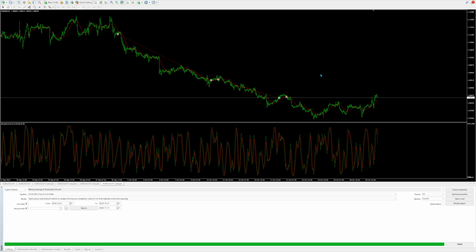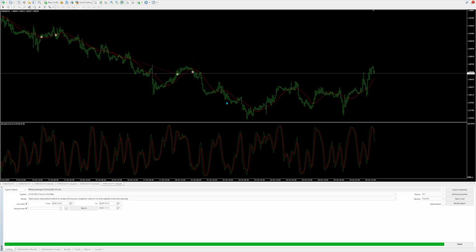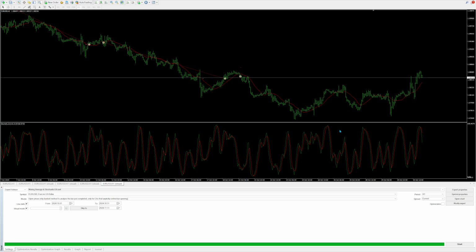And this is a 1 hour chart, so it's not like you need to constantly check your chart to adjust your money management. It's something you can do every few hours, or you can set alerts from the expert advisor, which might be when you would need to check. For example, you could set an alert for when the price crosses above the moving average, and then that might be when you think about moving your stop loss, or when the stochastic is extreme. Then you might need to jump on your chart and act,